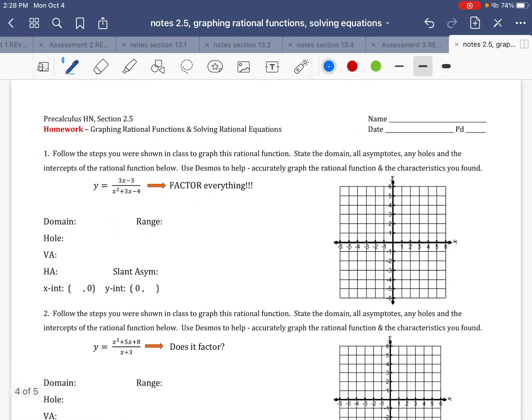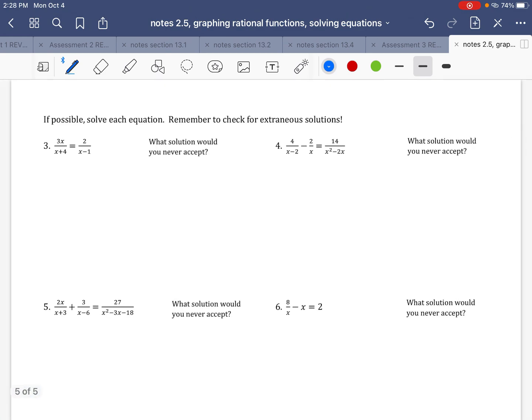Yay. All right. So your homework is these 2 graphs and these 4 problems. And let me know if you have a